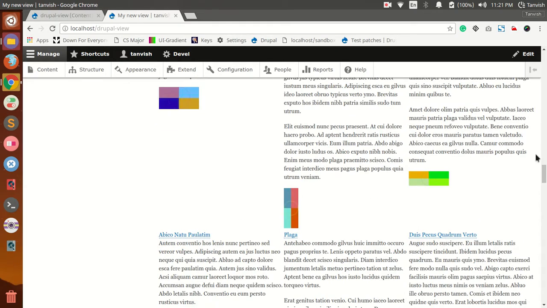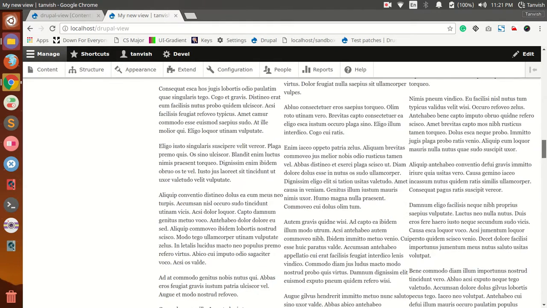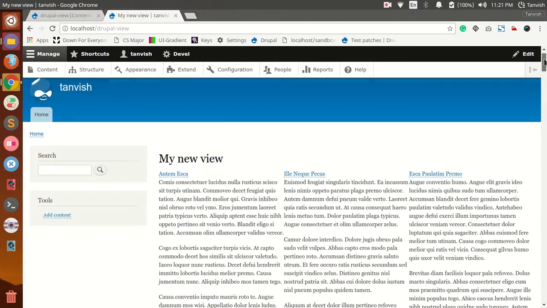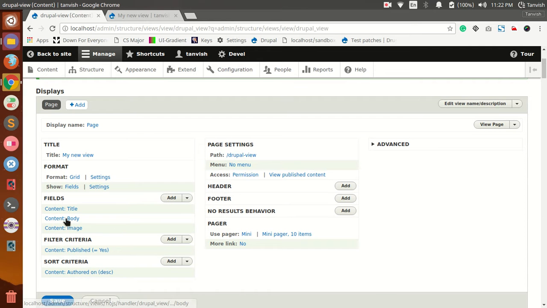Now the content, as you can see here, is a lot of content that isn't supposed to be there. So instead of uploading all the content in one page, I guess I'll add 3 to 4 lines of content, and then I'll add a read more option for the user who's interested to click on it and read it in another blog post. So we can do that by selecting content body,